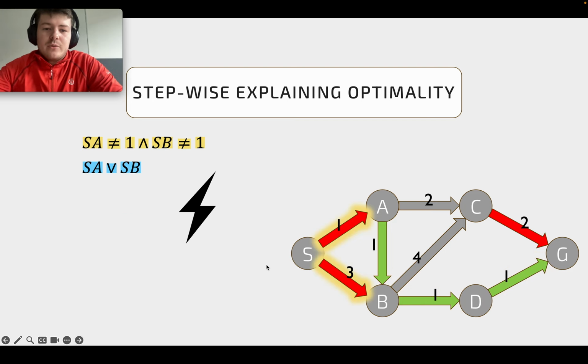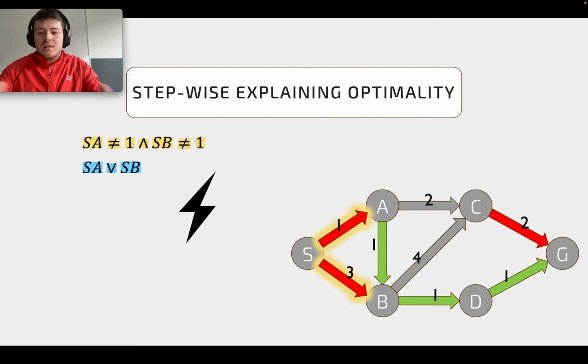And so now, of course, you already see there's a problem. We cannot use S to A and also not S to B, but we have to leave S. We have to start our path at some point. So there's no solution for this last part. So now we decomposed the explanation into small steps that we can easily follow along,